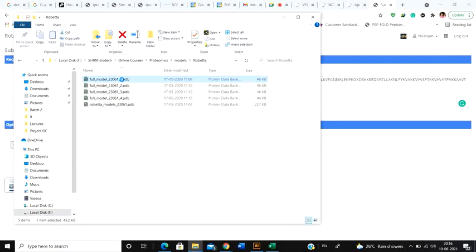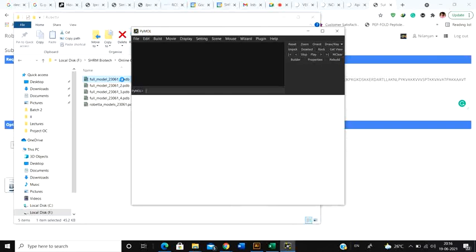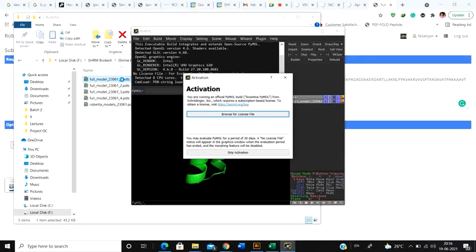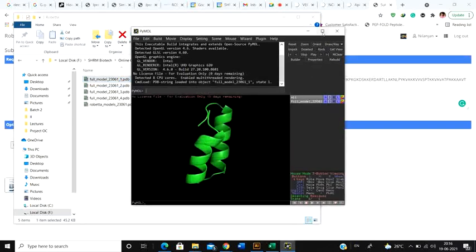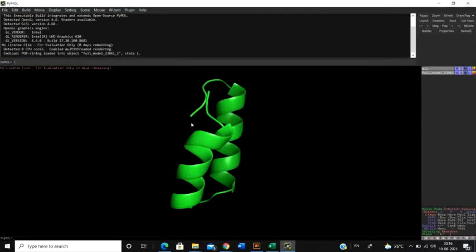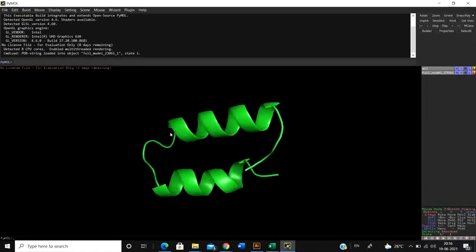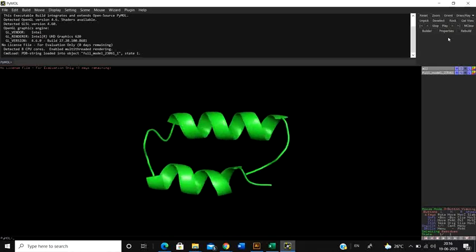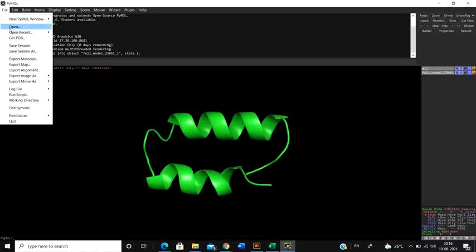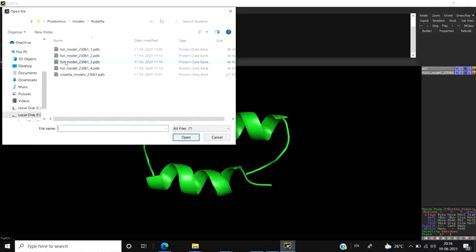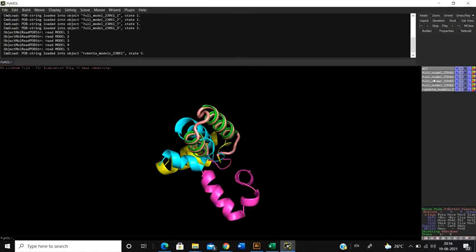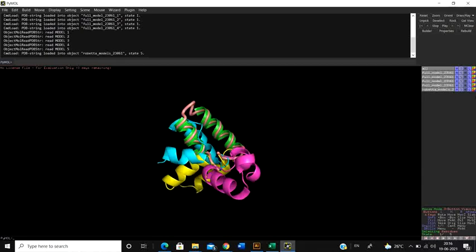To visualize the model, you have to have installed the PyMol software. I have given you the software, the PyMol, so you have to have that installed. Now if I click on the molecule, it's going to open up. Since I need to analyze the structure, I need to open all the molecules in a single file. How to do it? Click on file, click on open, and then simply select all these models. I'm selecting 2, 3, 4, and suppose this last one is the average model. So I've selected all the models, and all the models are highlighted and you can see them.